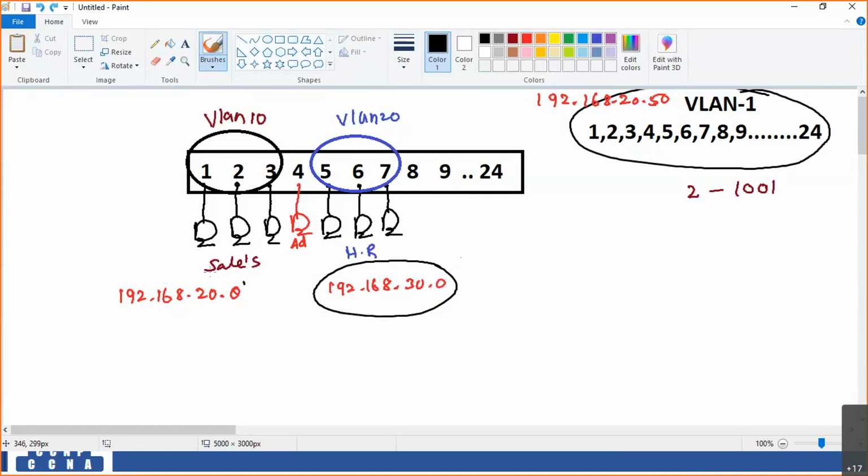Even from sales also, we cannot log into the switch. You know why? Let's say 20.1 is used, 20.2 is used, whatever; that is not the logic actually. So the logic is